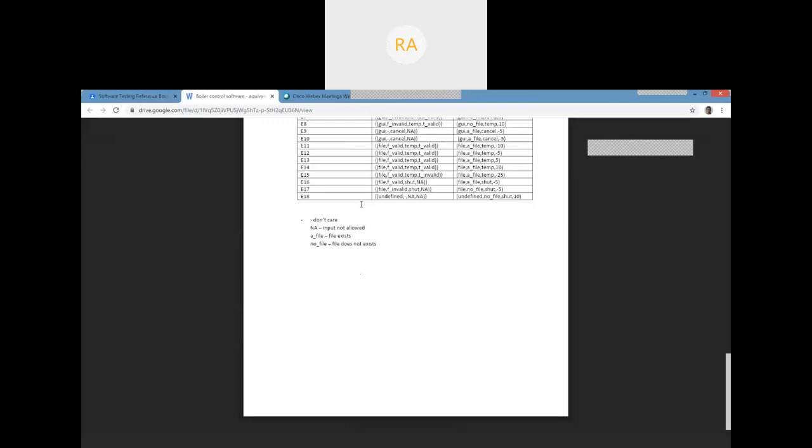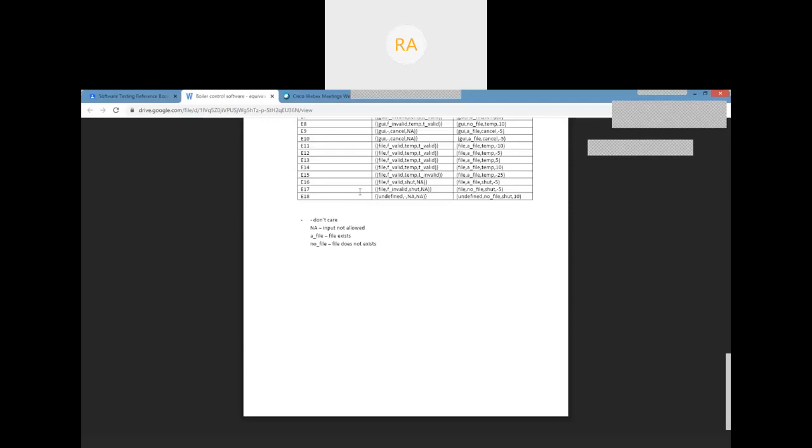Third, combine the equivalence classes by multidimensional partitioning. So totally 120 equivalence classes I'll be generating. After that, eliminate or discard infeasible equivalence classes and just write all the feasible equivalence classes. That is totally 18 equivalence classes I'll be getting with respect to boiler control software. You have to write all these things and this will be asked for around 10 to 15 marks, in the final exam or in the IA also. Maximum 10 marks for this, the boiler control software system.